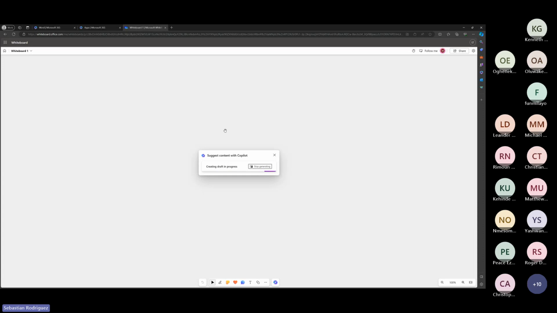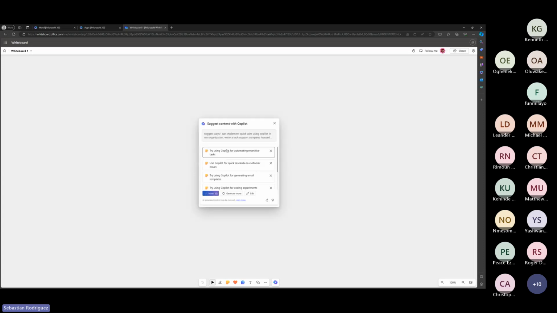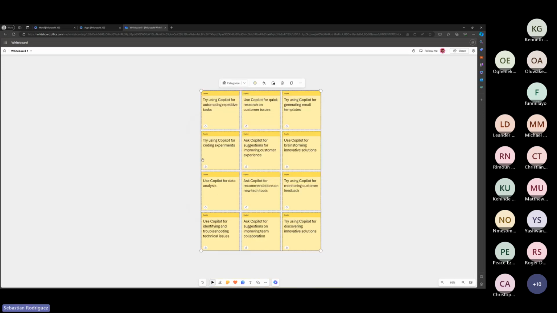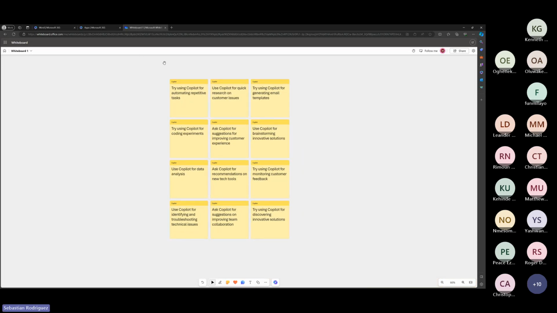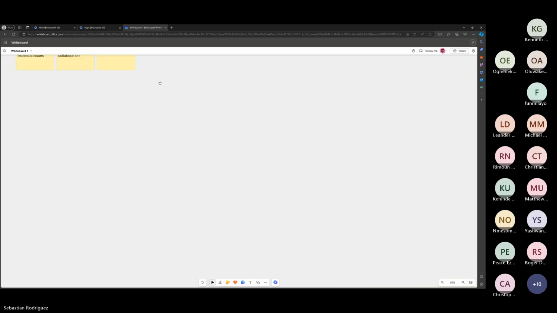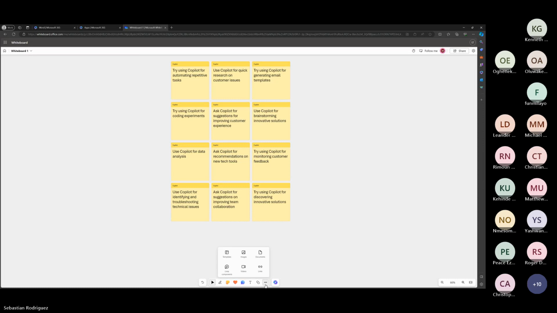And once I give that prompt, of course, it's not going to be perfect because it's only a simple prompt, but you will see that I have some suggestions which I can insert, or I can ask for more to be generated, right? So I can insert all of this. And you see that we have multiple nodes. And if I were to add all of these,